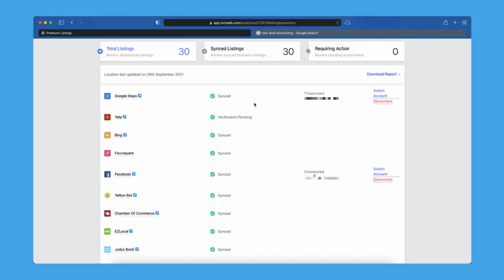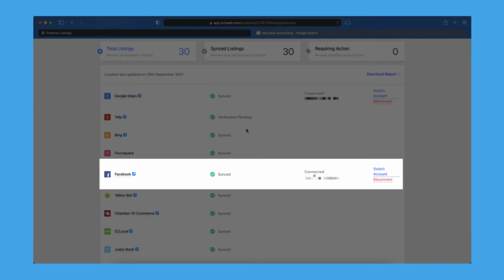If you have a Google account, you need to connect it. If you don't have one, you need to create it, and you can go through the connection process for both of those. You can actually create a listing right there. If you think you might have one, make sure you check first. You do not want to create another because there's nothing worse than having a duplicate. So just make sure you don't have one before creating it. If you do have one, connect it, sync that information, get it all accurate. For Facebook, you can also connect to your account there, so it keeps it in sync. As you update information in here in real time, it'll sync out to Facebook.